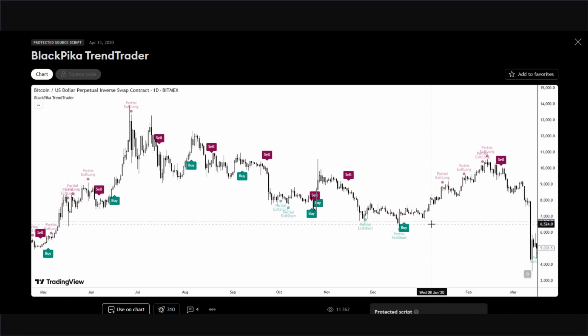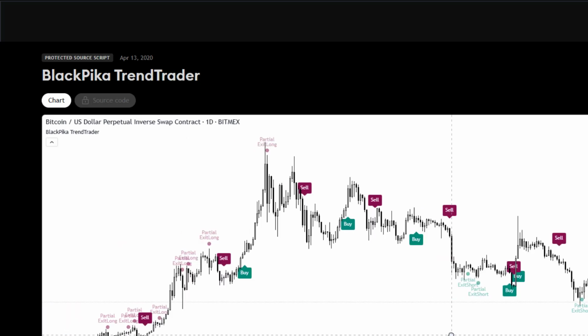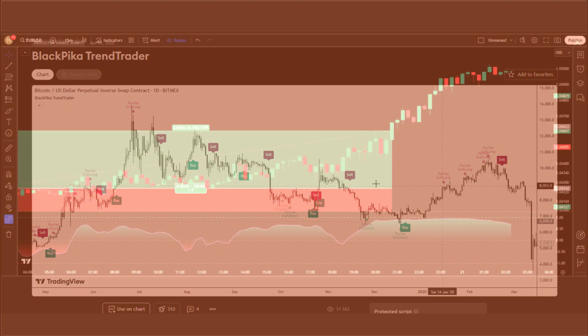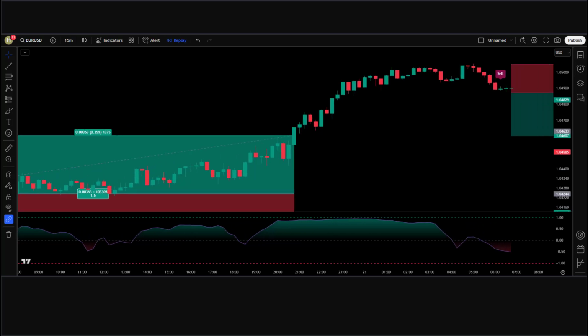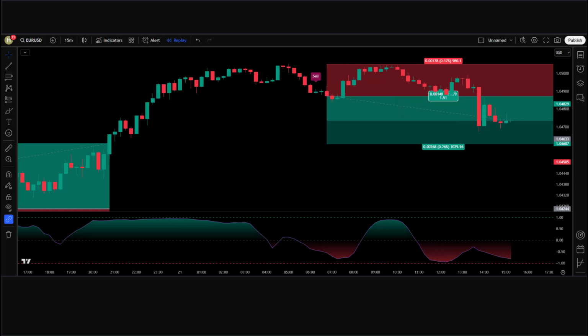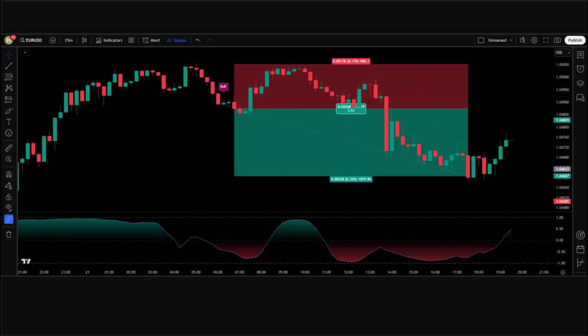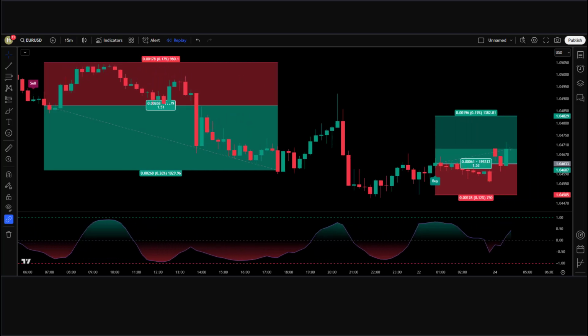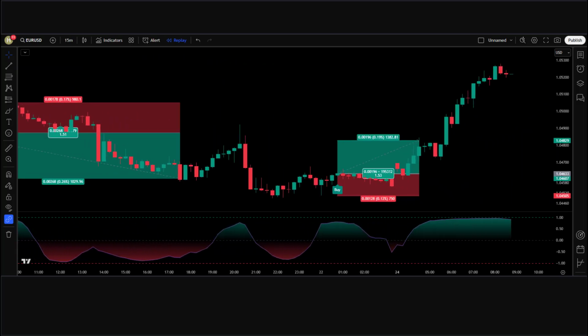In this video, we'll dive deep into how to use the BlackPika TrendTrader indicator to make smarter trading decisions and improve your strategy. Whether you're a beginner or an experienced trader, this indicator can help you spot trends, identify entry and exit points, and maximize your profits. If you're looking for a reliable way to track market trends and optimize your trading, the BlackPika TrendTrader could be